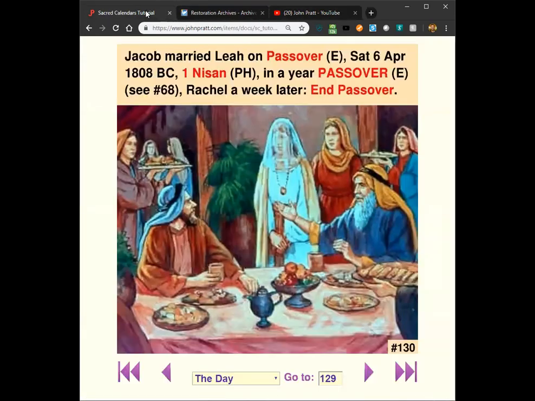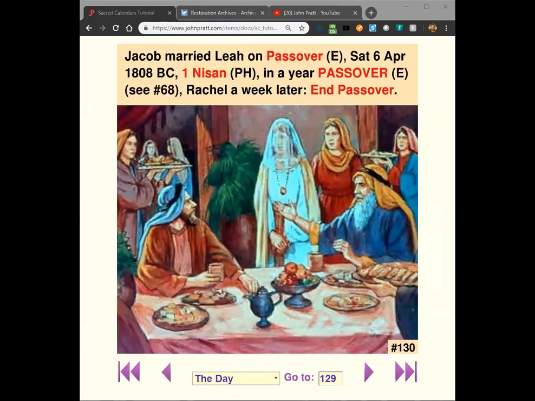Okay, so last time we finished on slide 129, which was pointing out that Leah and Rachel, this is going to be all over the place, are really treated equally. When we get to the star calendar, anyway, we'll do what we can here with what we've already learned, which is the Enoch and the Hebrew.